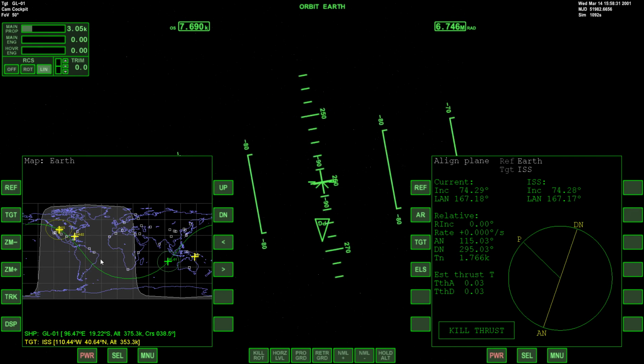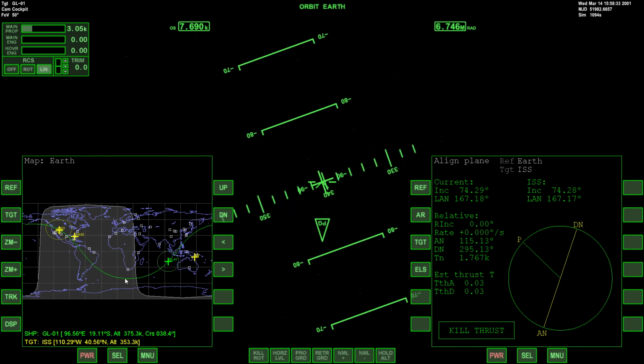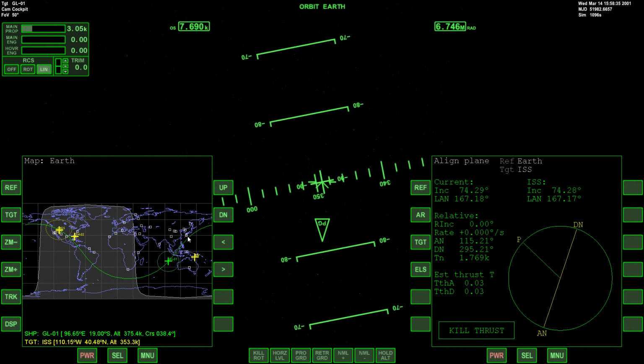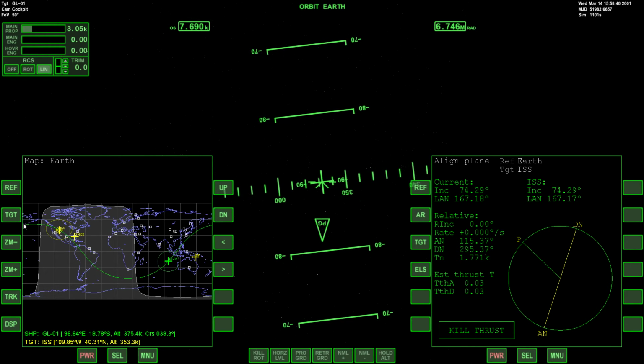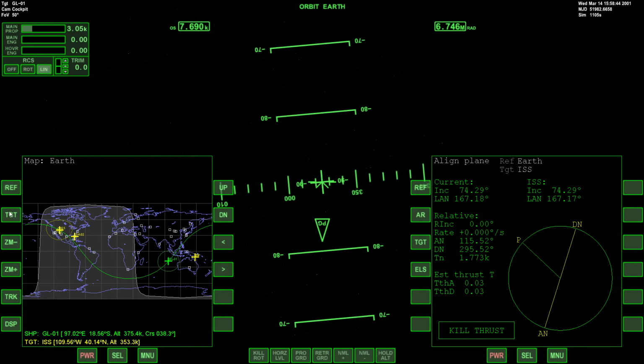Just as a demonstration, you can see because our orbital plane is perfectly aligned with ISS, you can't even see its orbital plane because ours is laying directly over top of it. So that kind of gives you a graphical demonstration of what it means to have your plane aligned with the target. Now let me target Mir,